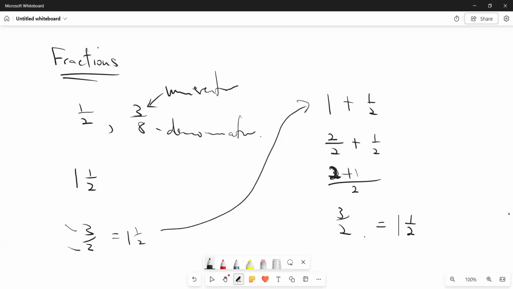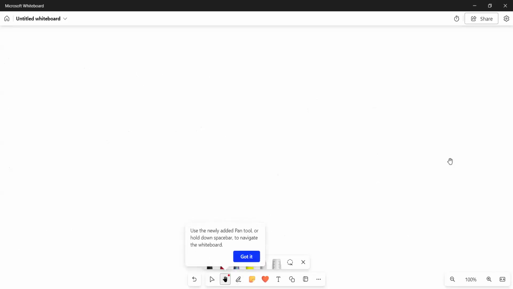Good. So let's talk a little about how we can add fractions, how we can subtract fractions, multiply them, divide them, and so on, right? We'll also do mixed numbers as well. Let's say you want to add 1/5 plus 3/4. What do you do? Find your LCM. Your LCM of 5 and 4